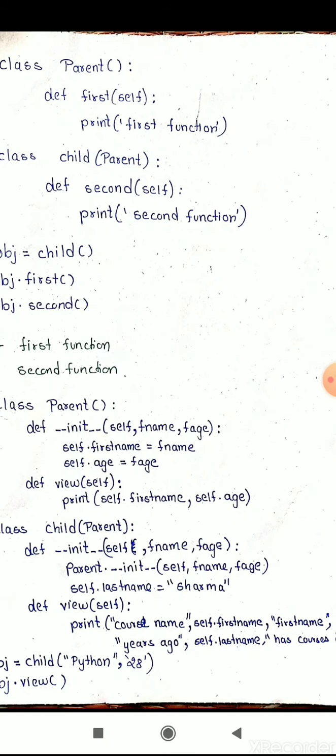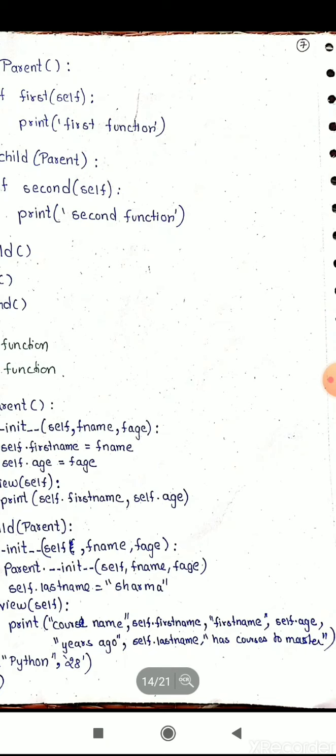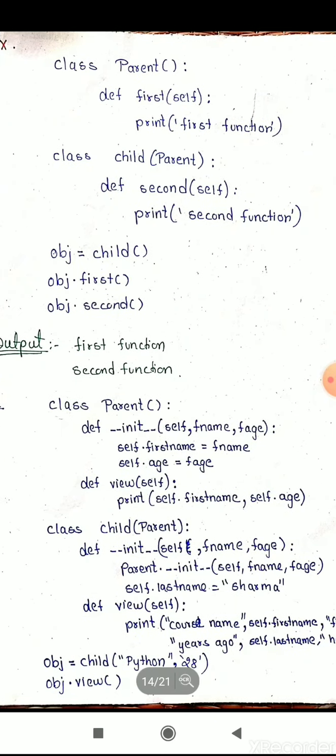अब यहाँ पे भी मैंने एक व्यू फंक्शन लिख दिया है, सो डिफाइन व्यू, और उसको पैरामीटर पास कर दिया सेल्फ. सो यहाँ पे मैं कोर्स नेम, सेल्फ डॉट फर्स्ट नेम प्रिंट कर रही हूँ, उसके बाद एज प्रिंट किया. सो ये सारी चीज़ें मैंने यहाँ पे जस्ट प्रिंट कर दी, राइट. सो अगेन अब मैंने चाइल्ड का ऑब्जेक्ट क्रिएट किया, राइट, और उसको मैंने वैल्यूज पास कर दिए पाइथन, और एज पास कर दिया 28. सो अब क्या होगा, कौन सा फंक्शन कॉल होना चाहिए, ये व्यू फंक्शन कॉल होगा, चाइल्ड क्लास का, राइट. तो यहाँ पे जब वो देगा